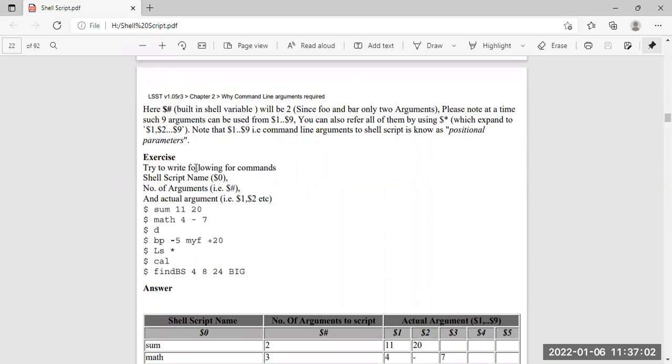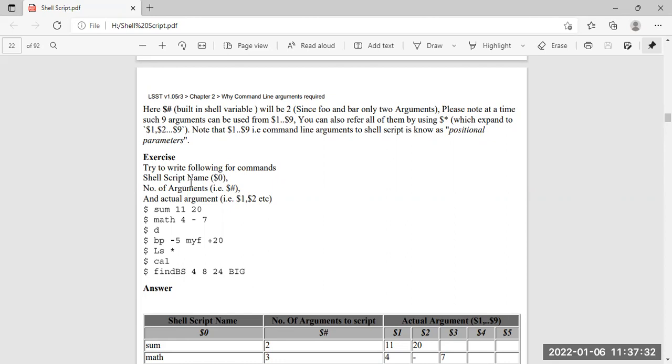Now as an example, it is given that we try to write the following four commands, where the shell script name is given as $0, the number of arguments is given as $#, and the actual arguments are given as $1 and $2. This is an exercise that you people have to do: there is some shell script name, the number of arguments being passed, and the actual arguments passed through it.